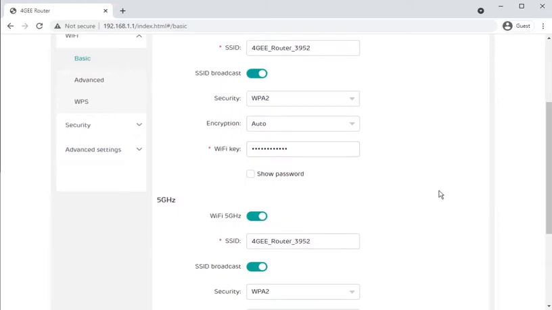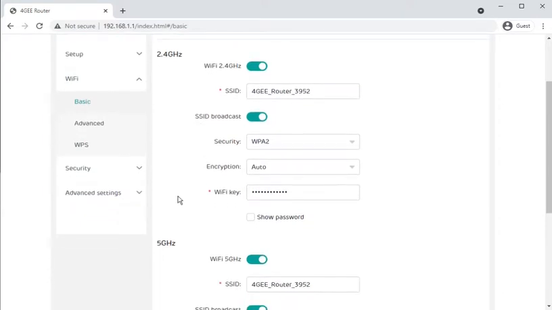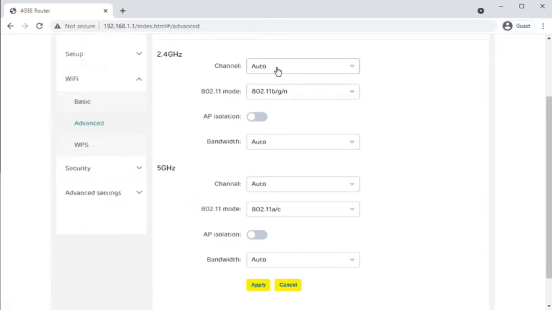Some people do like having the 2.4 and the 5 gigahertz separate because some devices can fixate on the 2.4 and not go up to the faster 5 gigahertz Wi-Fi. Whereas if you have them as separate names, it makes it very easy to specifically tell the device which one to connect to. Under Advanced, you've got a lot of information about the channels that it will connect to,